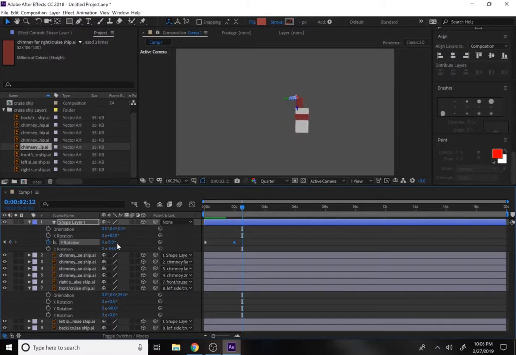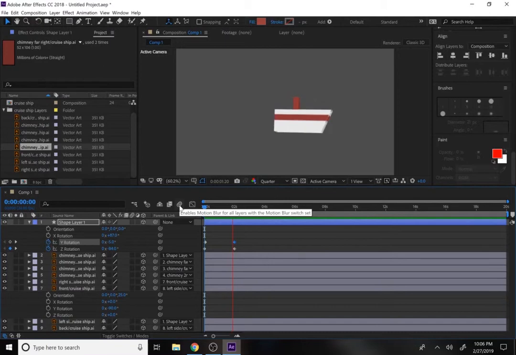Oops. Maybe not Y rotation, maybe Z rotation here, looks like. Yes, great, okay. And I'll just go over a little bit here. Z rotation to, say, like 0. And hey, why not Y rotation as well? Just to make sure it all kind of stays normal there. So from here, it's going to go, and I can even just sort of drag these over a little bit, just to give it like a